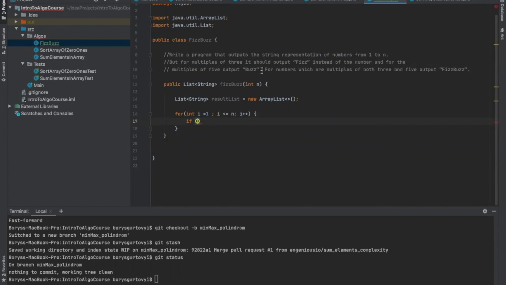How to check if a number is a multiple of another number. In order to check this simple condition, we can use modular division. So what is modular division? Every programming language has this percentage sign. This is modular division. This is basically a remainder